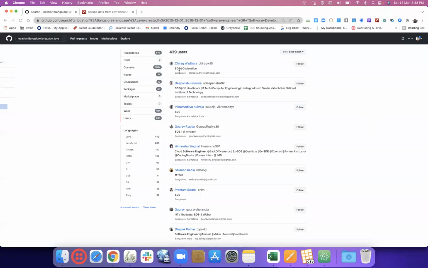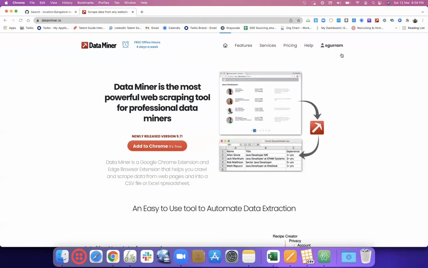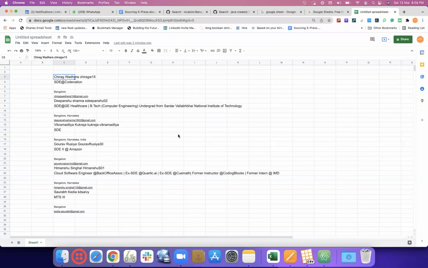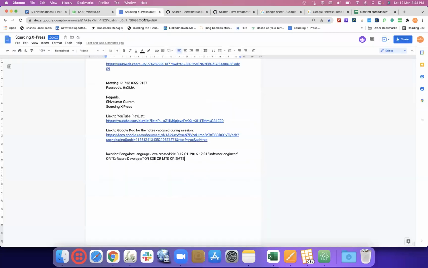So let's say these are the candidates and we wanted to scrape details for this candidate. Here there are two recipes. Now Data Miner has actually upgraded. I'm still sticking to the older version, but otherwise you can just go to dataminer.io and see their recent recipes.